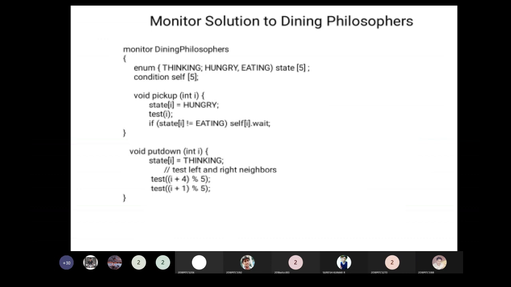Void pickup of int i. When the state of a philosopher is hungry, you have to check whether he is in the hungry state. If he is not eating, then he will be made to wait.